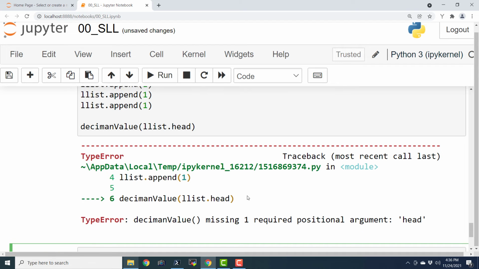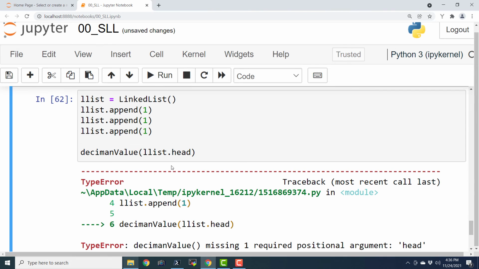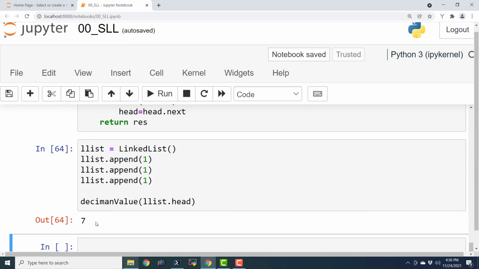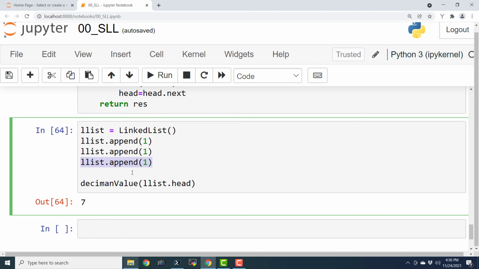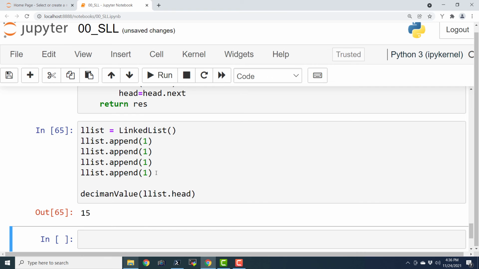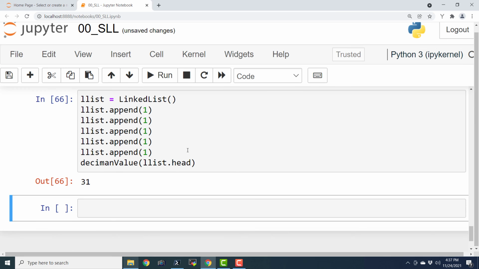Now it says, okay, I guess I have used that self here. That is why. So you can either define it within the definition of your list, or you can define it outside, without anything. And it is 7, yes. So basically 1, 1, 1 from 0 to 7. So 7 is the highest value. And if I add another 1, then it should actually show me 15. And if I add another 1, it should show me 31 and so on.